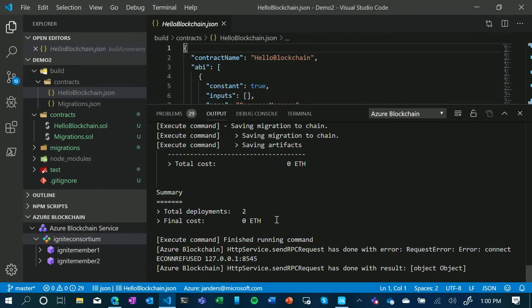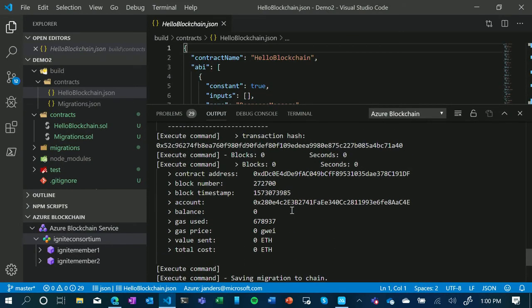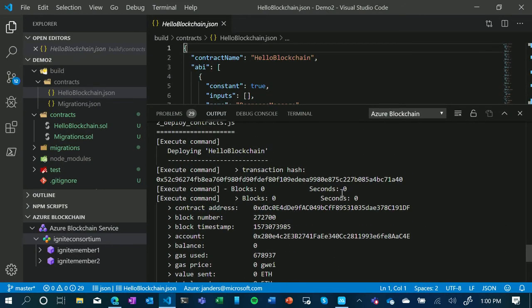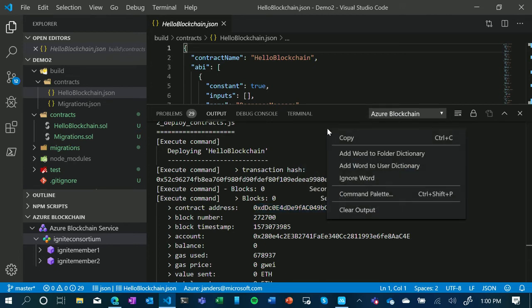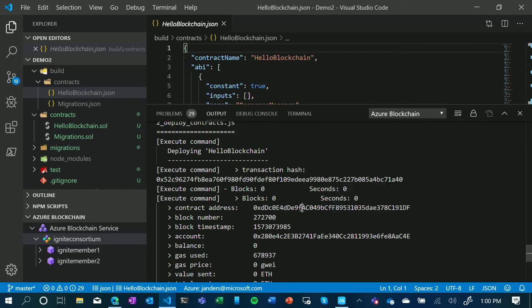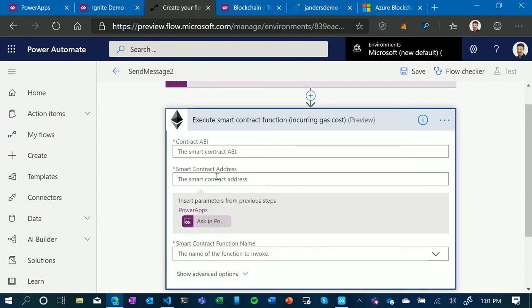We should be deployed by now. Yep, we're deployed. So if I scroll up a little bit, we can see here, Hello Blockchain, it's been deployed. Here's the contract address. So that's what we just saw previously. So I'm going to copy the contract address. This is exactly what it sounds like. This is going to tell our application where the contract is to be able to reference it. So since contracts, like state on a ledger, are immutable, I can't change this contract once I've deployed it. I have to deploy a new contract instead. And I would just point my application to the new contract address if I were to do that. So let's put the contract address in.